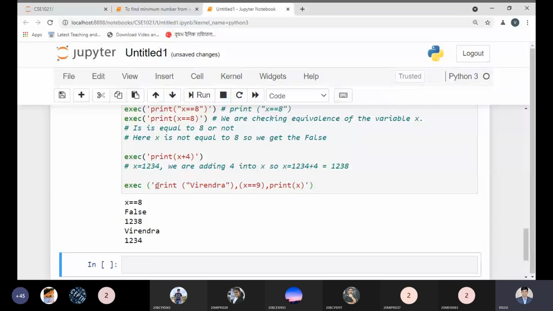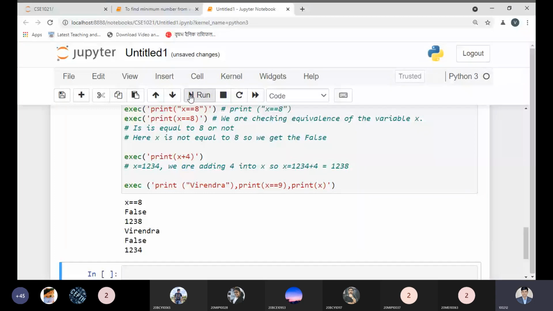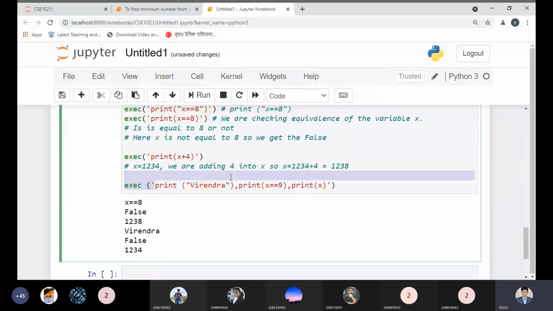Okay, so this is the point. First it will print Birendra, so it is printing Biren. The condition x is equal to true, we are not getting any condition. We are not doing anything over here, and we are not printing the values over here. So if we want to print, so print as equal to 9, and the value of x to be printed over here. See, there are three different outputs. So we can run multiple expressions with multiple variables, or we can use multiple statements in a dynamic nature.